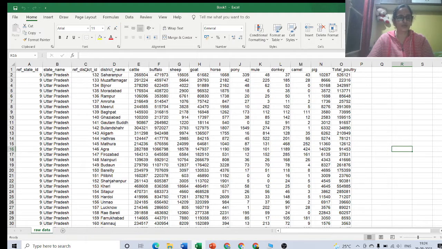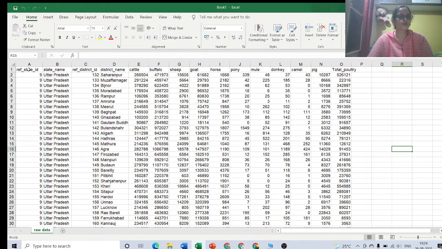So what we can do is make use of this particular feature in MS Excel, that is pivot table, to easily understand the data collected by the 20th census, or any data for that matter. If you have a huge data, you can use this pivot table.